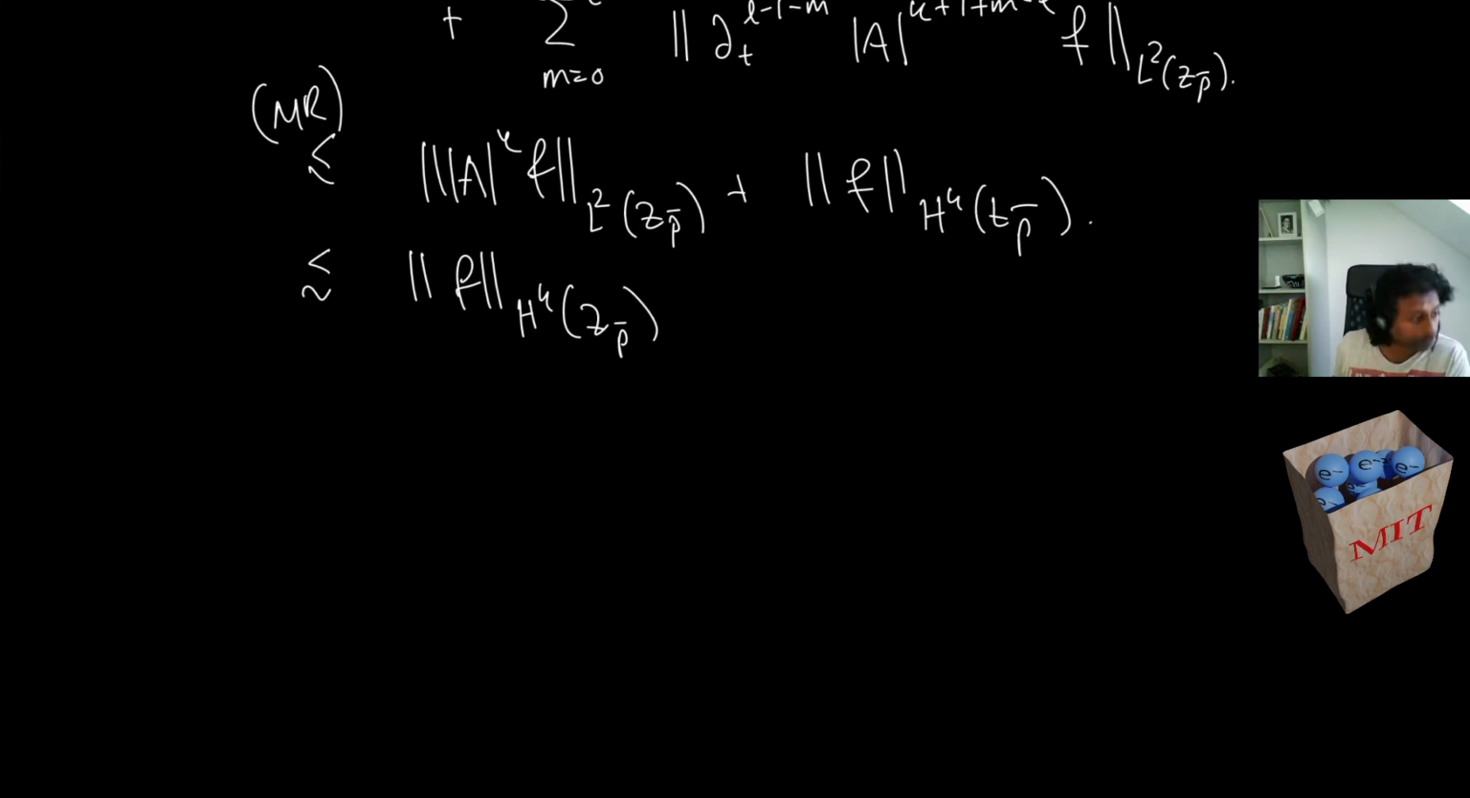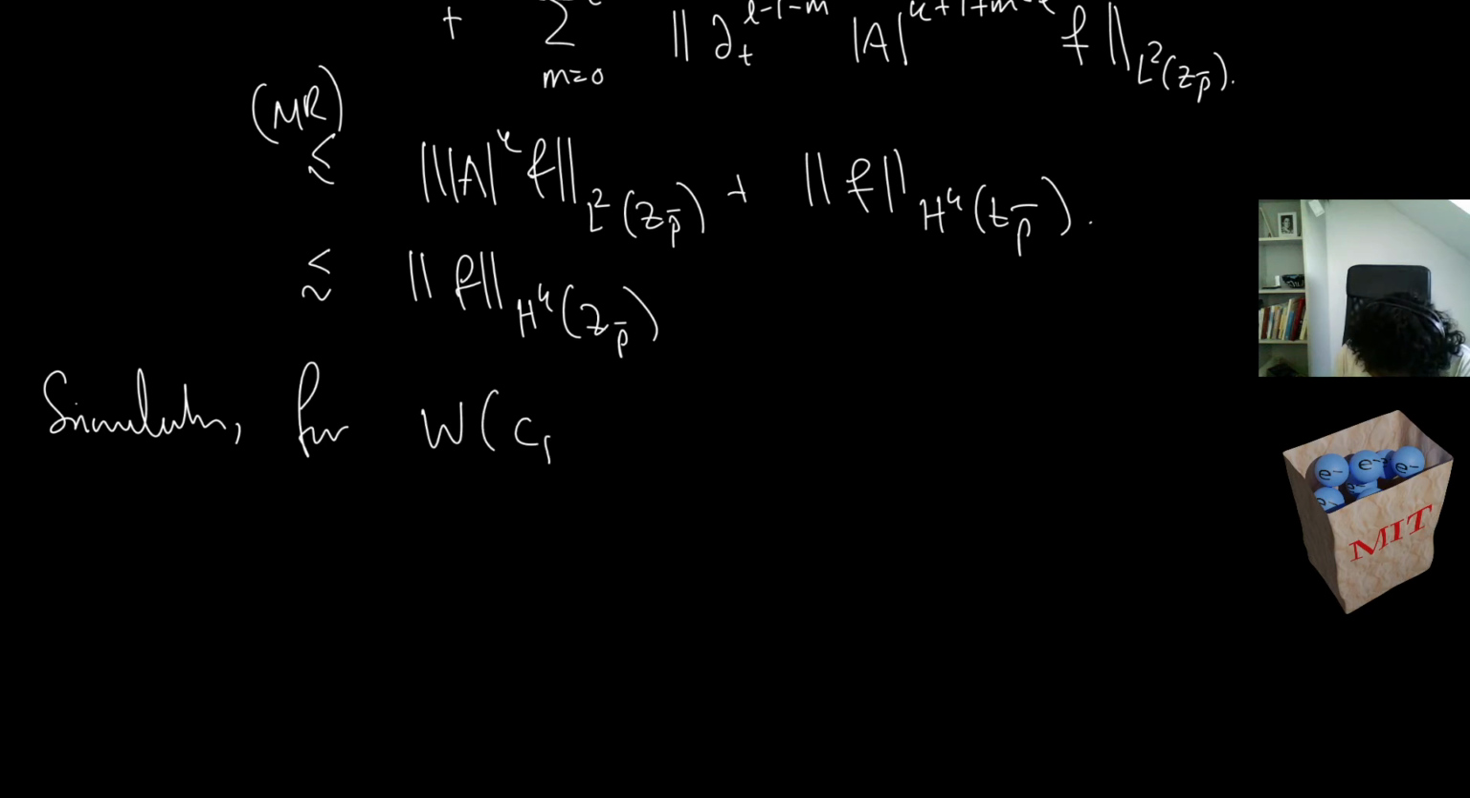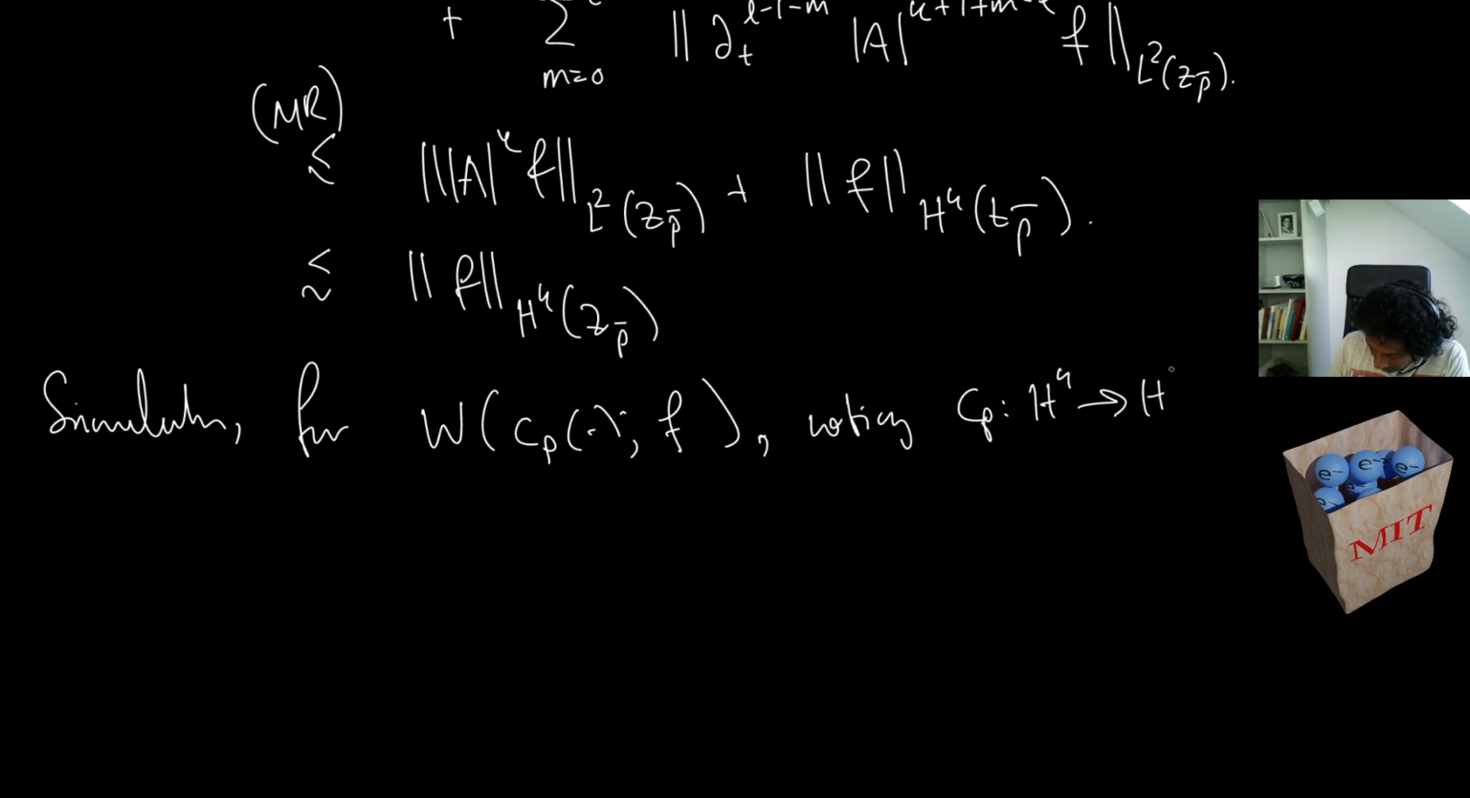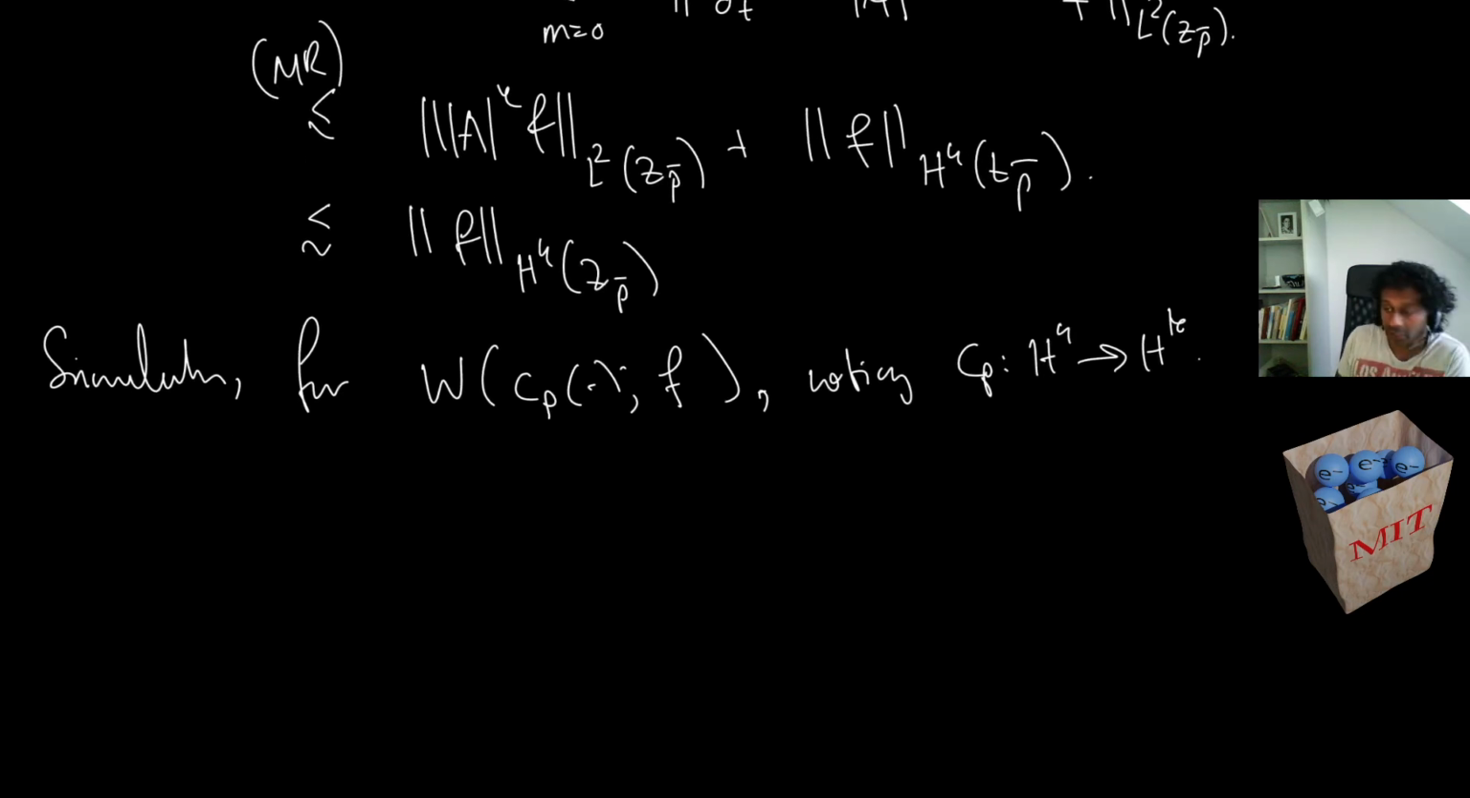so we can finish the proof as before now, right? So similarly for w c rho dot f, right? And noting that c rho is bounded HK to HK. And then we can just finish the proof, right? So to finish the proof,